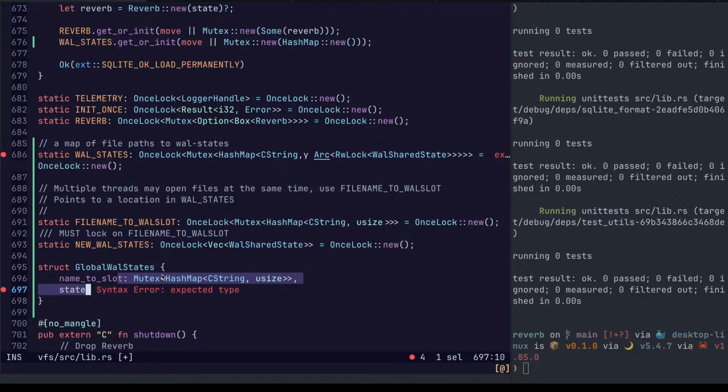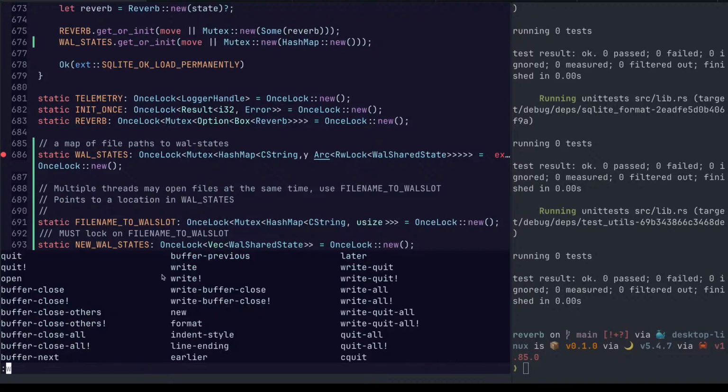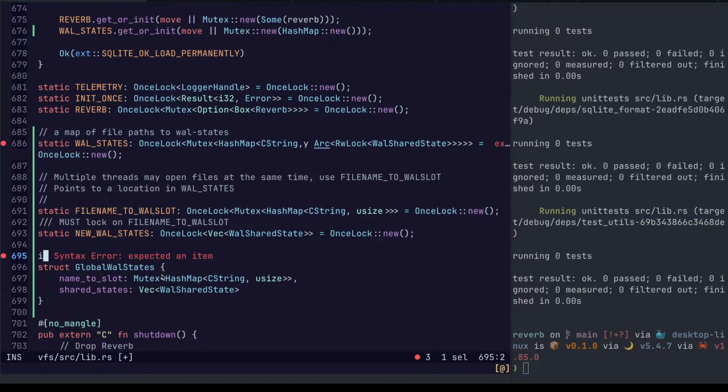And then we would have states. Shared states. Derive, debug, and default. Okay. I like that better.